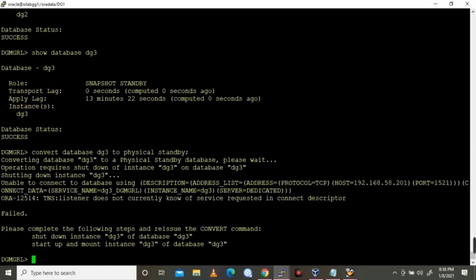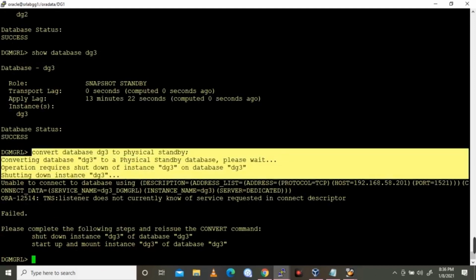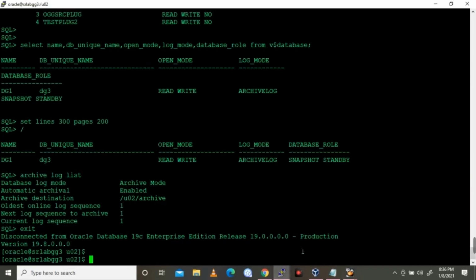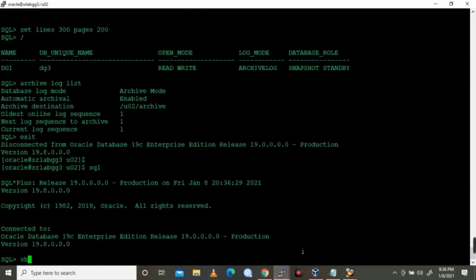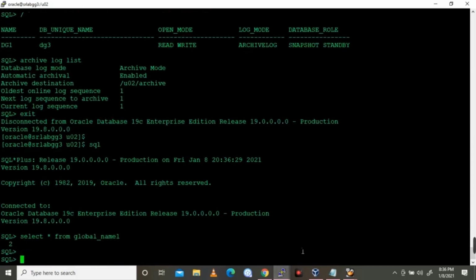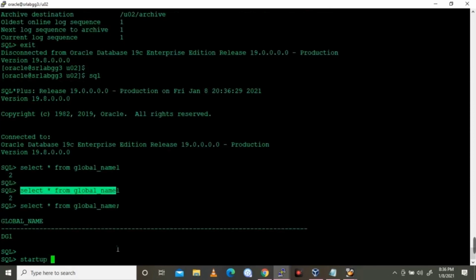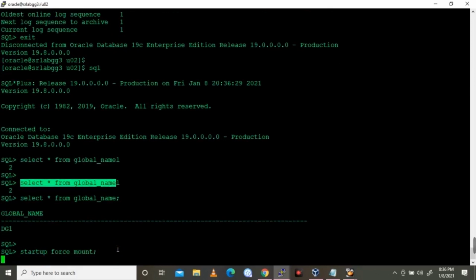Why have I executed this command? We need to shut down this snapshot standby database and start it up in mount mode before converting to a physical standby database, because it's in open read-write mode. So I have just executed the command to show you what it suggests.